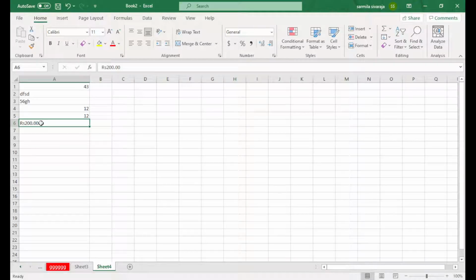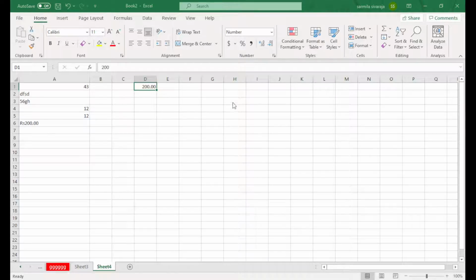So in this case, I need to format my values. For example, I have some number. Okay, I need to type 200 rupees. So then I will press this option. It's under the number section. So come to the number section, you can view common options here. Don't use this option, sometimes it's not suitable for us. For example, you can use number, which comes with two decimals. Number has two decimals, so there's no need for that point. So just come to the more number formats.